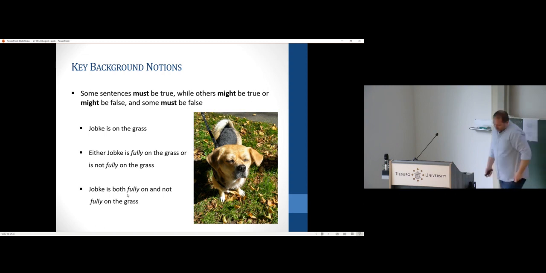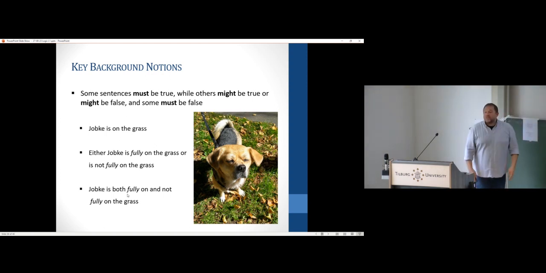And then we have our third one, right? "Joe is both fully on and not fully on the grass." Well, this sentence looks like not only is it false, but there's no way the world could shake out where this comes out true. A similar one would be like "Mars has exactly 2 and exactly 37 moons." Just the structure of this alone seems to require that it's not just false, but it must be false. You get the idea? Again, we can quibble about the particular examples, but the important thing is to pull these